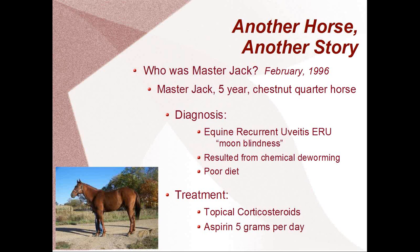So I was brought in to kind of initially help my friend understand what uveitis was, to help apply the ointment, and we were doing this together. And applying things to a horse's eye is quite challenging, and in this particular instance it was a long-term treatment. Back in 1996 it was my first introduction to uveitis, and so while we're treating this horse, I'm also at